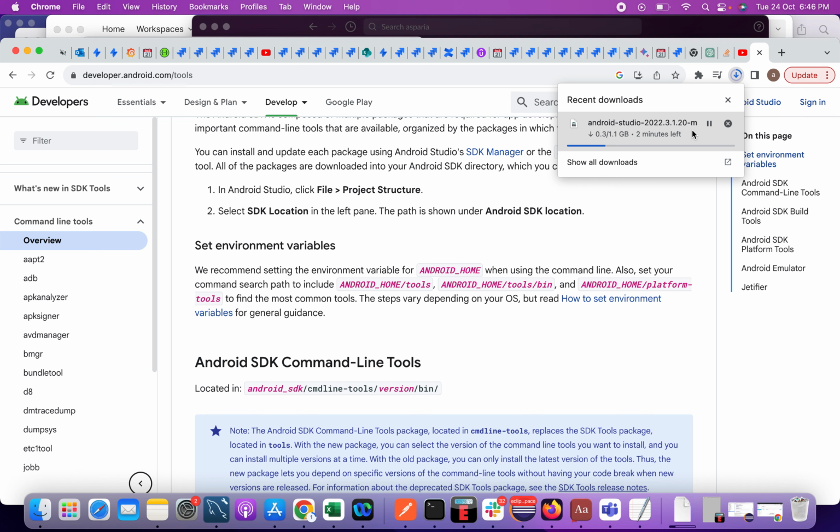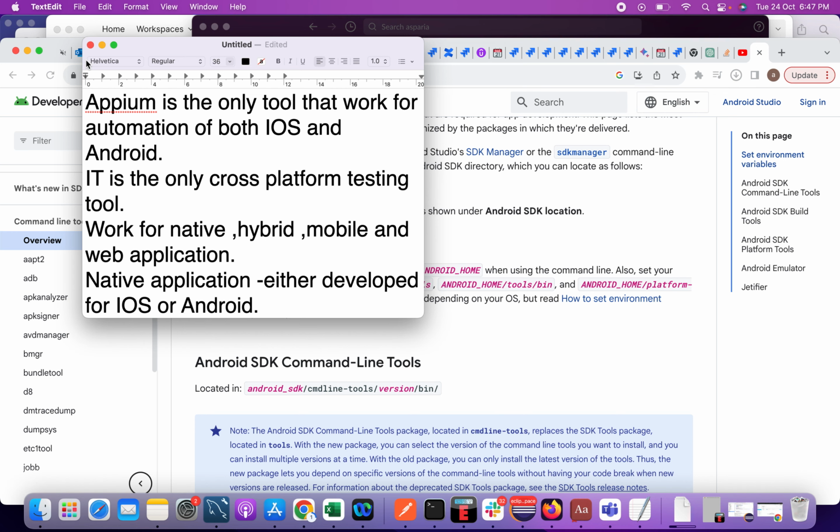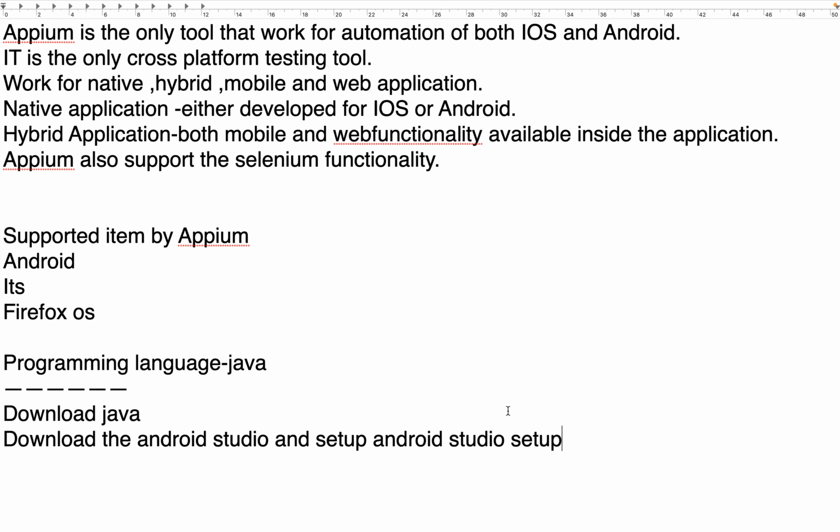Let's wait for 2-3 minutes. Once it downloads, let's move further. Once it gets downloaded, we will see that. So the second thing we need to do is download Node as well. I'll tell you the features of Node, and we need to set the Java,